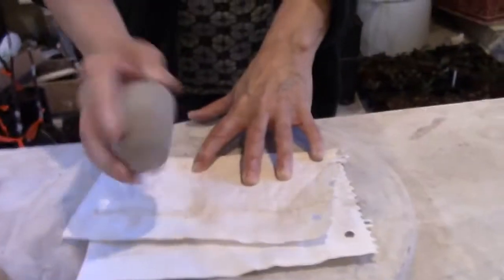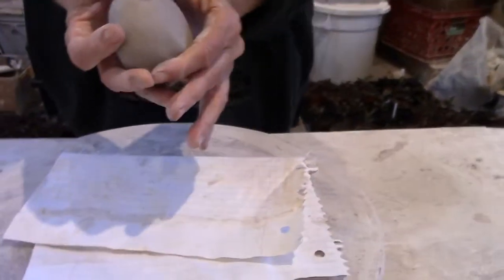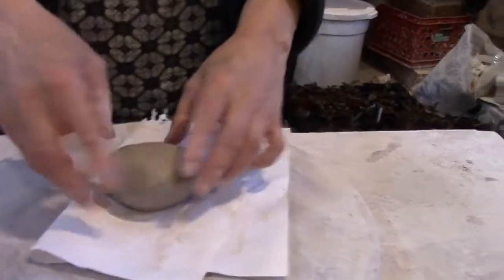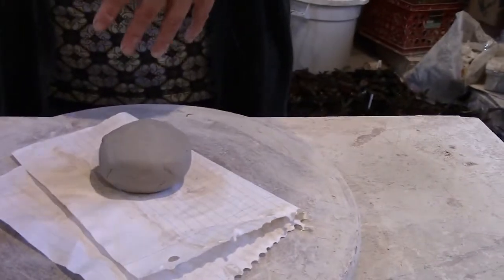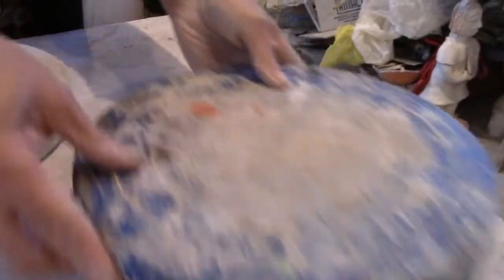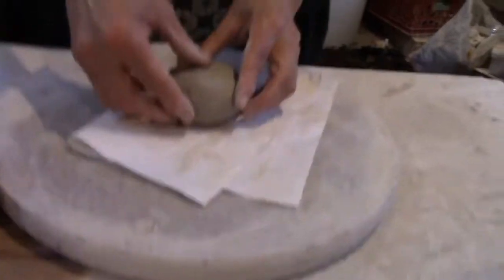Now the bottom of it is like cone shaped because of my hand. So I'm going to turn that over and I'm going to tap it down because that's going to be my foot eventually. And I also put a piece of paper down so this turns. Some people like to use like a Lazy Susan, or we have banding wheels at my house, but you can also just get by with a piece of paper that turns. So I'll do that today